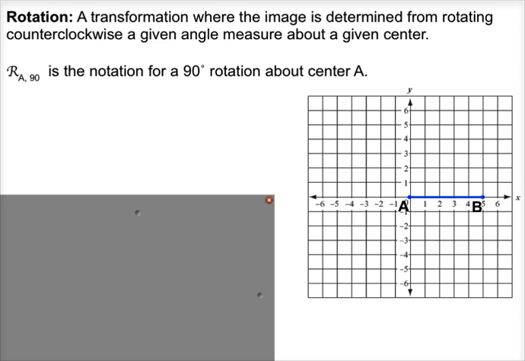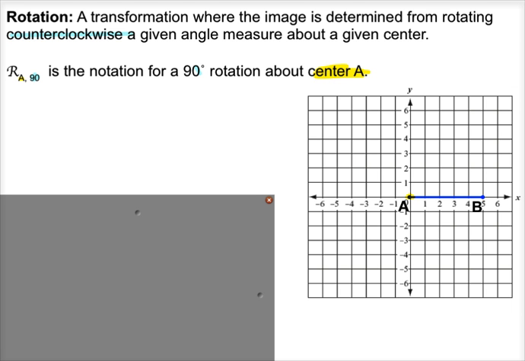The notation, a capital R, A comma 90, is the notation for a 90-degree rotation about center A. The first thing I noticed is that the first letter they tell me is where the actual center is. So if I get an example off to the side for this one, I could make the center be A. The second value, the number, tells me the actual angle measure that I have to rotate. And the number is always going to be going